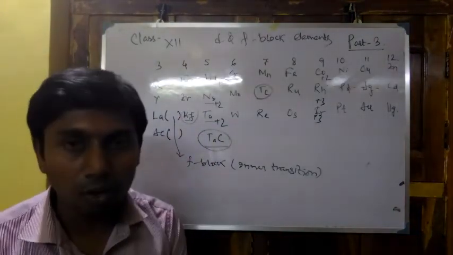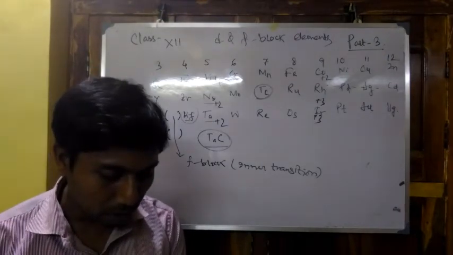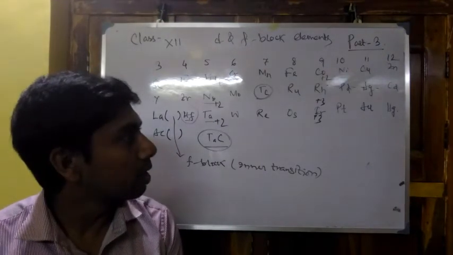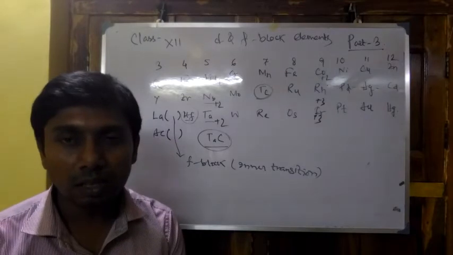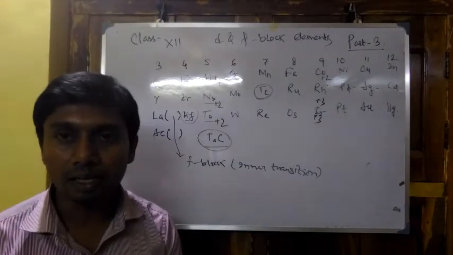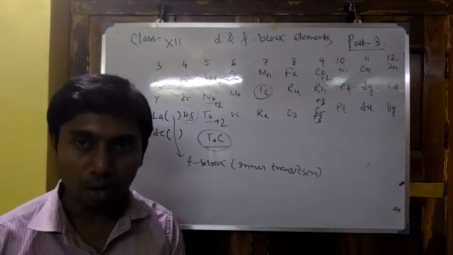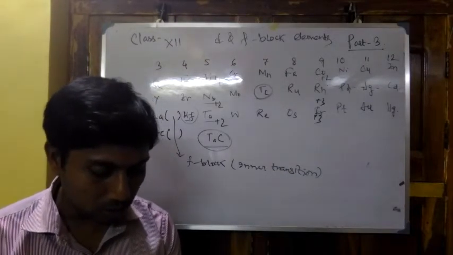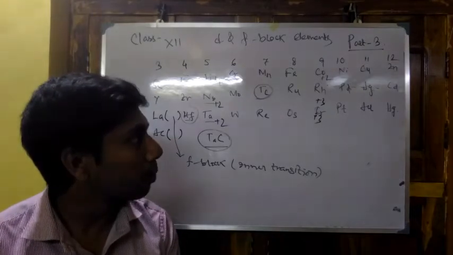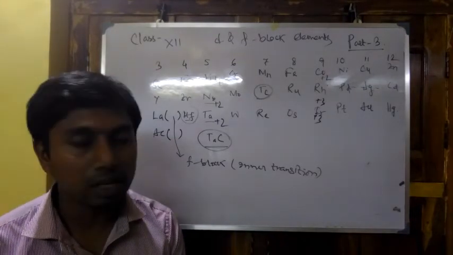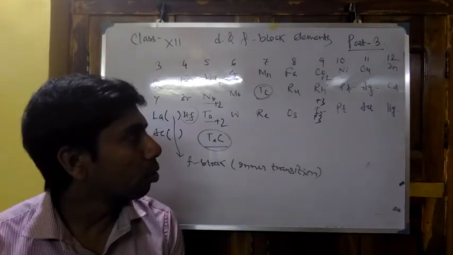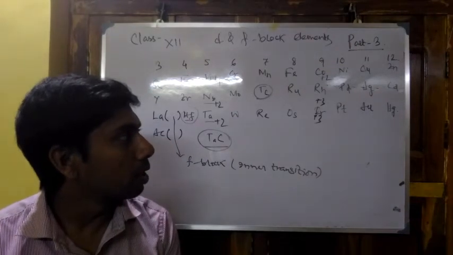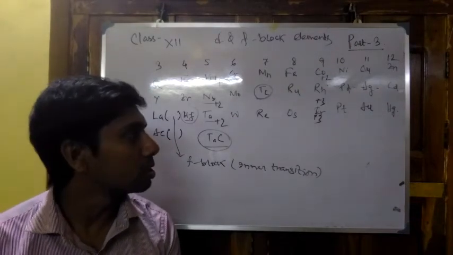Next one is the nickel group: nickel, palladium and platinum. Nickel is used as a hydrogenating agent, that is from alkene to alkane, etc., and palladium and platinum also. Now next one is group 11, that is the copper group. Copper, silver and gold are known as the coinage group, and copper shows different oxidation states.